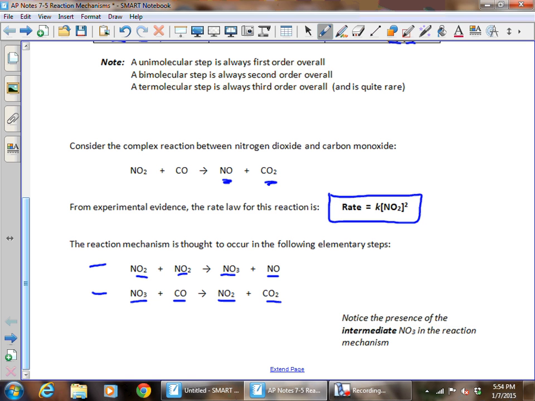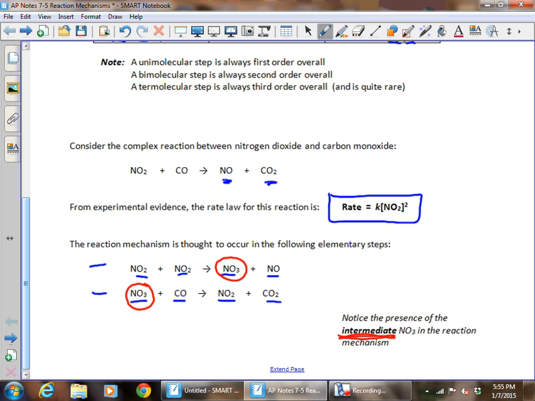Now notice something that appears in this mechanism that does not appear in the final reaction, and that's NO3. NO3 is what is called an intermediate, and an intermediate is something that is both produced and used up in the reaction. It starts out as a product, ends up as a reactant, and is used up before the reaction is finished. It does not show up in the final reaction. So that's